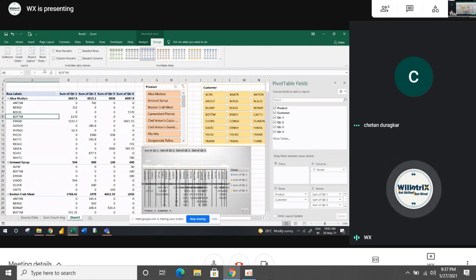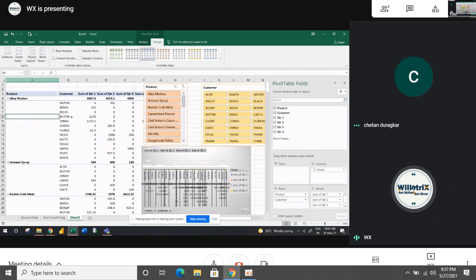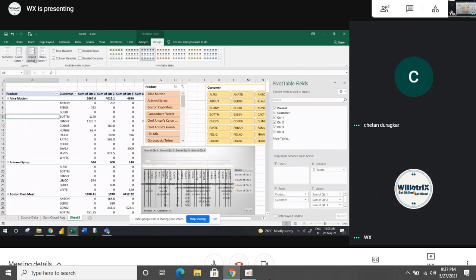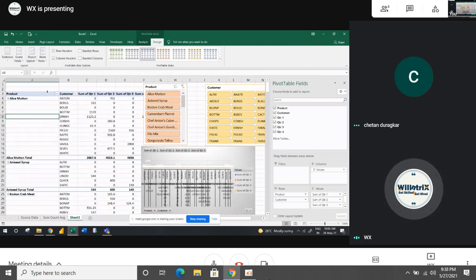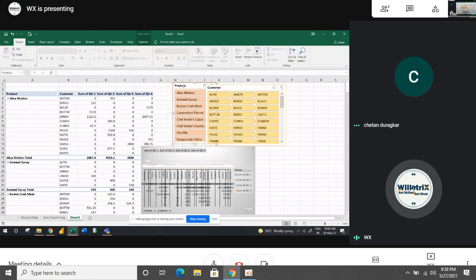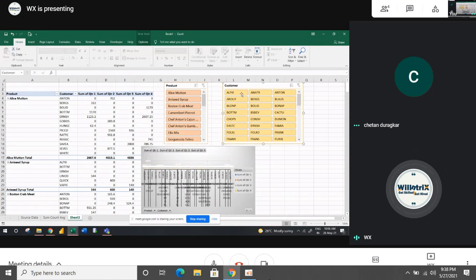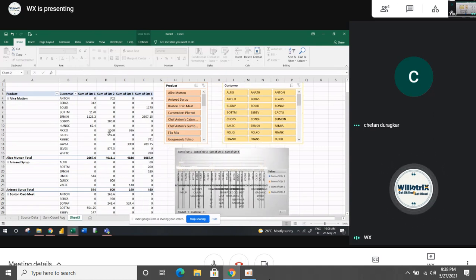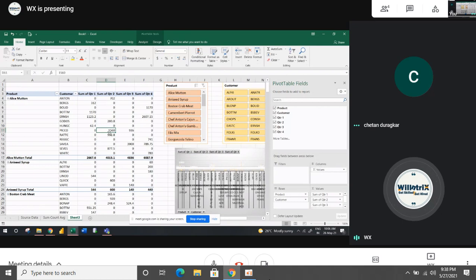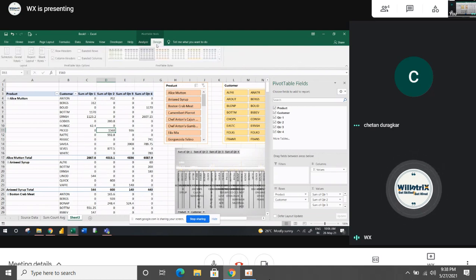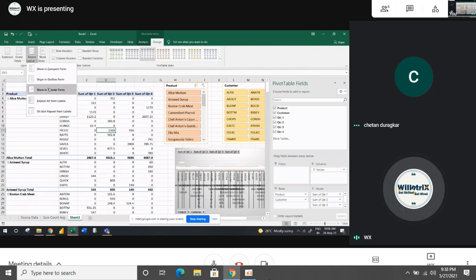This is the compact form, which is what we have now. Outline form: you can see the customer name in the outside format. Then tabular. Most people will use this. This is a very important thing, and it gives a clear picture. The subtotals are on the bottom side, and you can see the borders applied. You can properly analyze this visually. It is very easy to recognize what the first column is and what the second column is. So tabular is very useful, and we can analyze easily here.